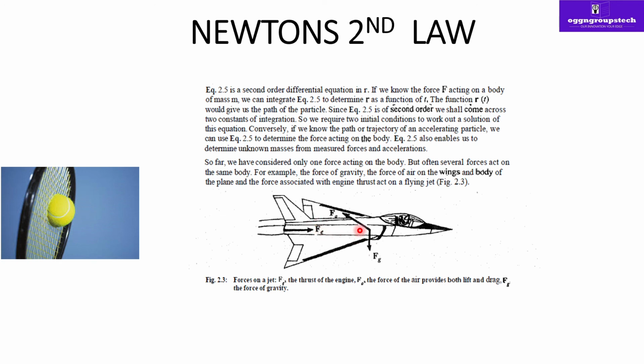So the one which is coming down, this is the gravitational force. Then we are having the one force that is Fe. So that is a force of the jet, and the Fa, the thrust of the Fa, it's a force of the air. This is a force of the air which